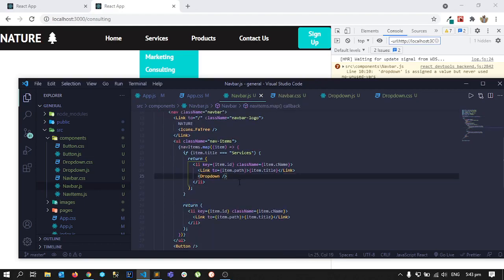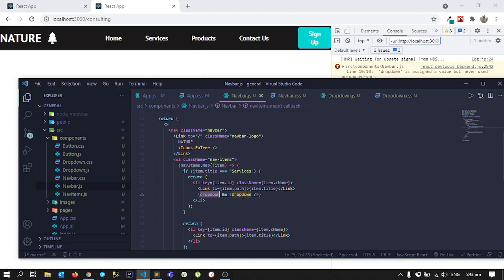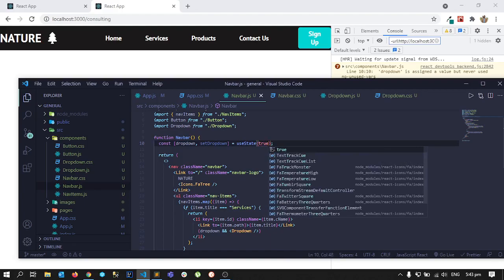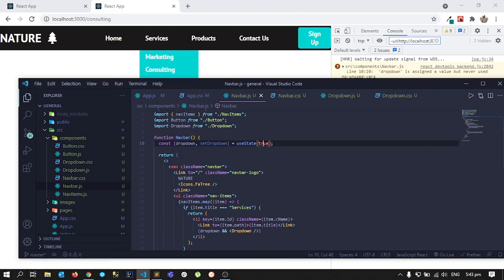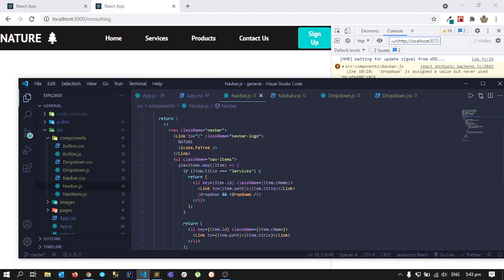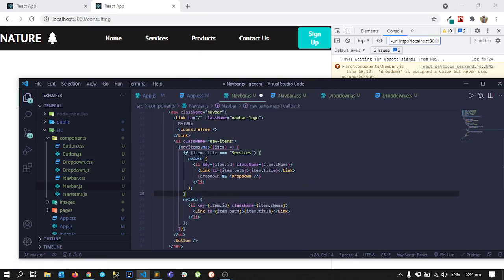Here what we can do is wrap this in JavaScript and say dropdown, and what this will do is it will only show the dropdown component when this variable dropdown is true. So as you can see, at this time it is false, so it is not showing it. Now if I set this to true, it came back, and if I set this to false, it went away. So what we need to do now is we need to add two functions,